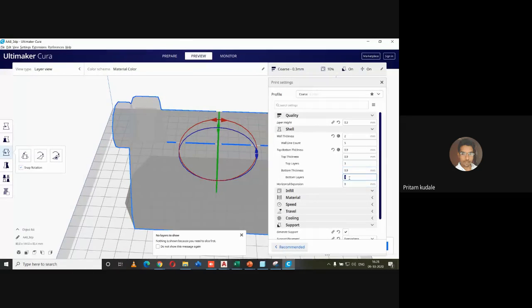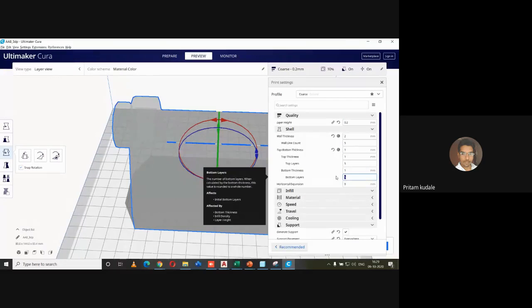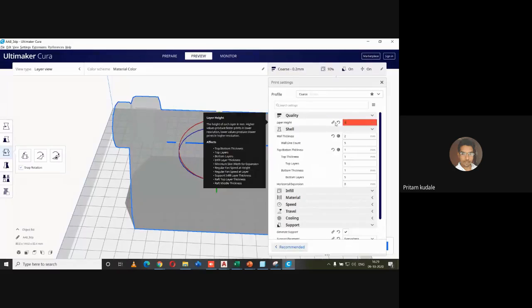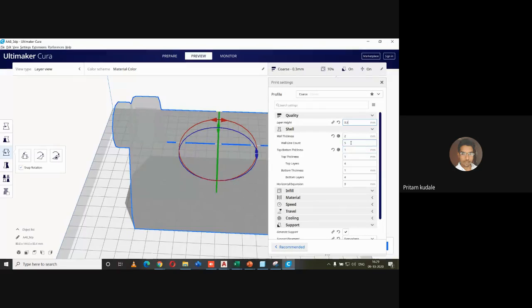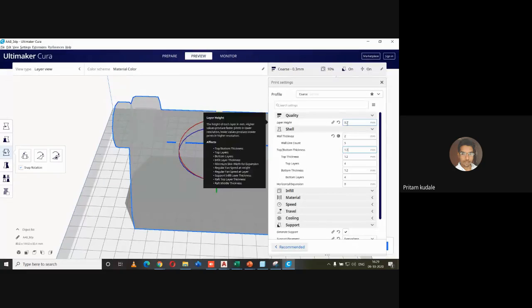तो दैट्स डिपेंड, वो किसके ऊपर डिपेंड है, आपकी लेयर हाइट कितनी रहती है वो। अगर मैं यहाँ पे 2 सिलेक्ट कर देता हूं, तो अब मुझे ये सारी चीजें चेंज करनी पड़ेगी। तो अगर मेरी लेयर हाइट 0.2 है, तो मेरा टॉप बॉटम इन टर्म्स ऑफ 0.2 होना चाहिए, सो आई कैन सेट इट 1। अगर 1 सेट करता हूं तो 1 के हिसाब से 0.2 लेयर में कितने आपके लेयर बनेंगे, बॉटम के 5, टॉप के 5। तो उस हिसाब से हमें डील करना है। तो इफ आई एम गोइंग टू कीप इट एज अ 0.3, आपका जो बॉटम एंड टॉप आना चाहिए वो इट शुड बी इन मल्टीपल ऑफ 0.3, सो 1.2।